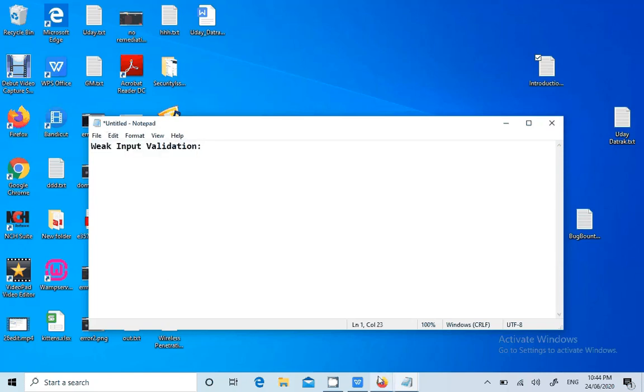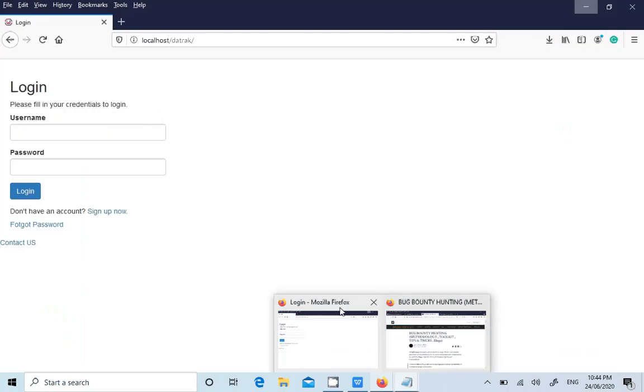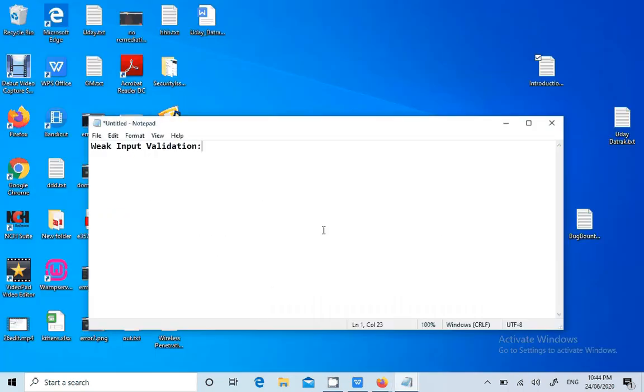So let's try to check for the issue itself. The name itself says it. To check this issue, in the input form fields we will try to enter some special characters, and if they are accepted by the application, then we'll showcase to the client that the application is not protecting against these special characters.